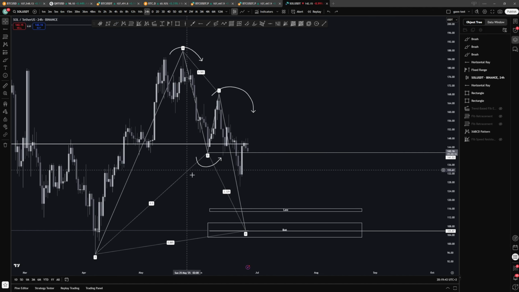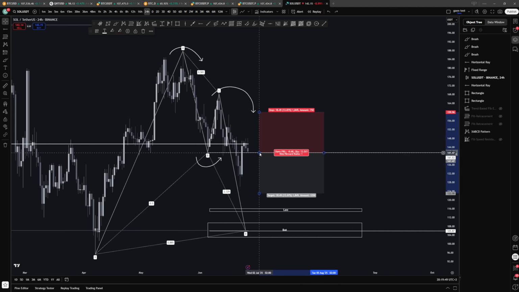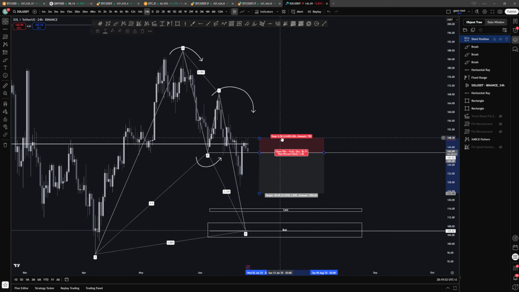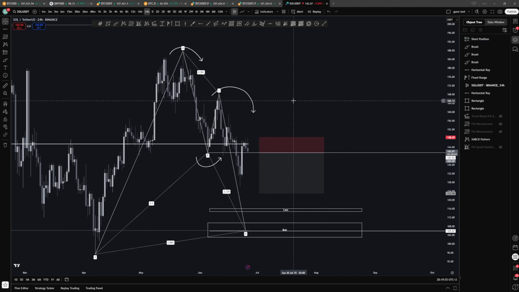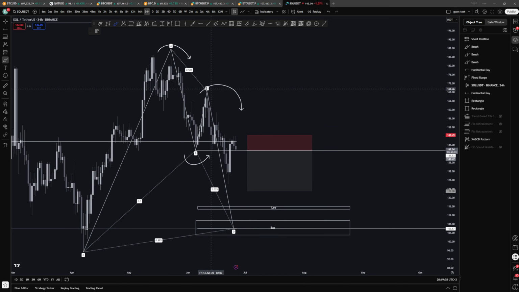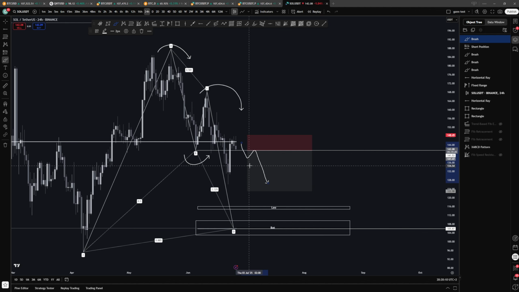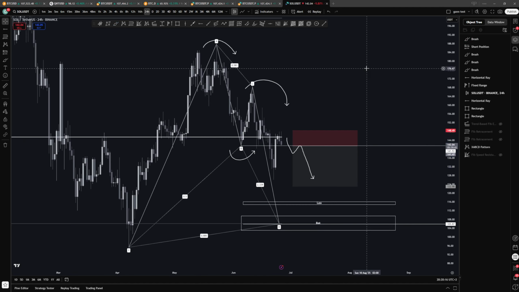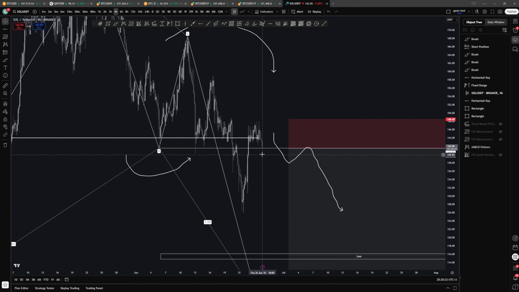So, thing about bats, especially 0.5 bats, if we lose this level, I would actually look for a short. And I know I just talked about not necessarily longing or shorting C points. This is kind of the exception. If you have an uncompleted harmonic, especially 0.5 X to B bats, and you lose that B point, this now actually gives you a reason to say, okay, it is a lot more likely to go to our D point now. So if we get kind of a lower time frame breakdown and retest of this,